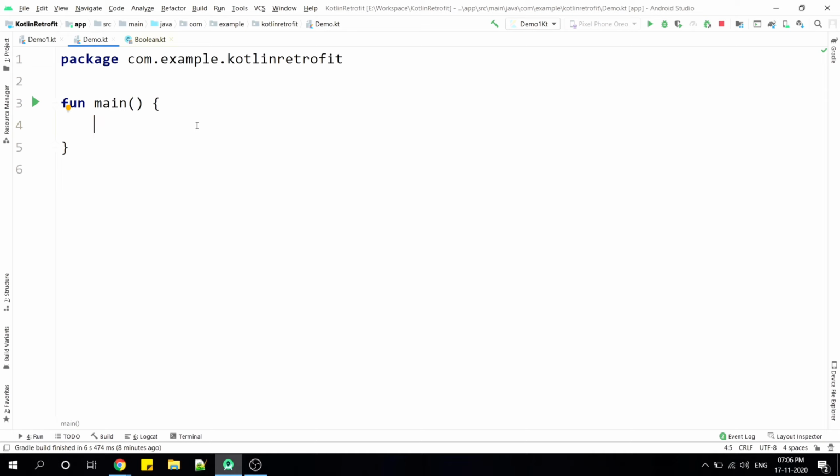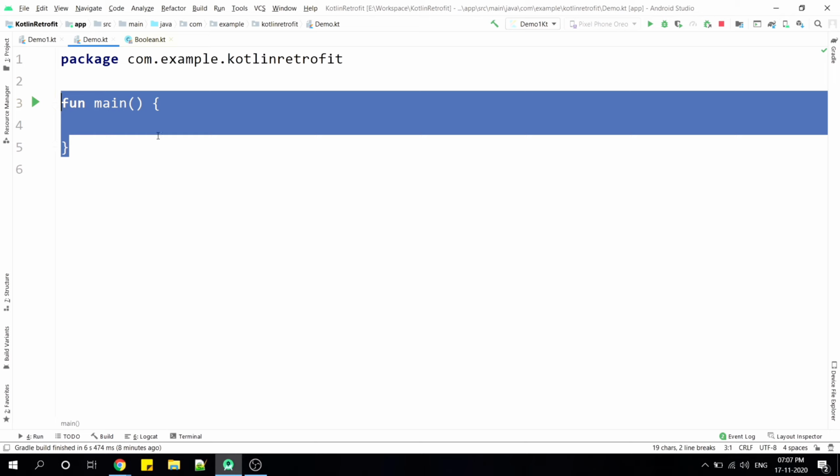Have you ever imagined calling a public function of a class without dot and parenthesis? Basically, Kotlin provides an infix notation in which we can call a function without using a dot operator or parenthesis around the parameter. This infix notation is used for readability purposes. If we are using an infix function, we can read our code properly, in a good manner. So let's see a demo for this.